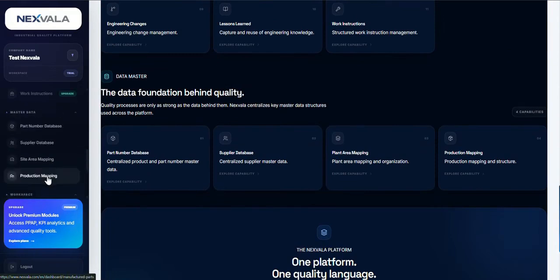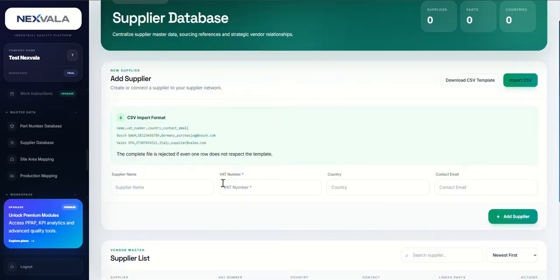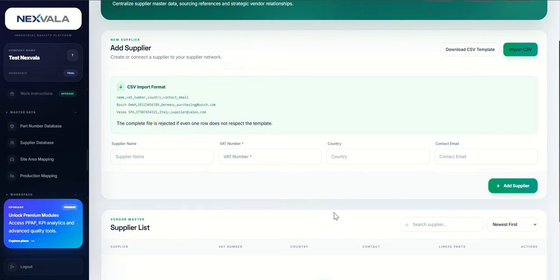Now, however, let's go and look at the master data. The first thing to do once registered, once you have accessed the platform, is to populate the supplier database. The supplier database is, let's say, the database of our suppliers, and we have two ways to add a supplier within the platform. Either we can do, in case we already have a supplier database, an import of a CSV file, so an Excel file. Right here we have the import format section, but by clicking right here you can easily download the